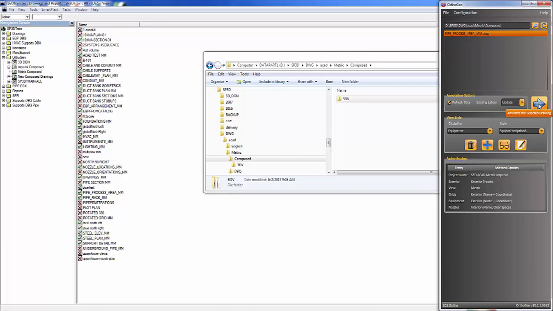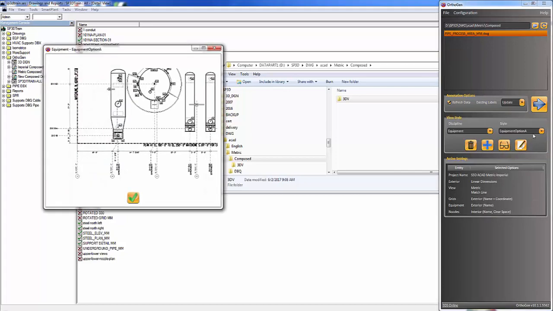This will activate the Orthogen annotation engine to open the drawing using the CAD system set in the project settings and annotate the drawing based on the view style settings. The view styles can be set from the main Orthogen dialog by selecting the desired discipline and then choosing from the view styles defined for that discipline.